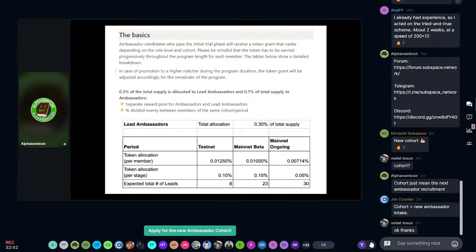So I'm looking forward, now that we have the ambassador OS that Emil was talking about earlier, to moving forward and allowing more opportunities for more lead ambassadors to step out of the shadows and for people to see their contributions. And with that being said,